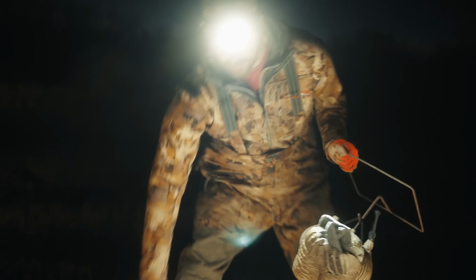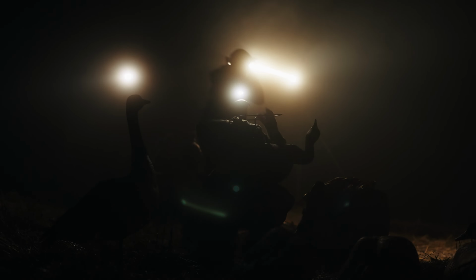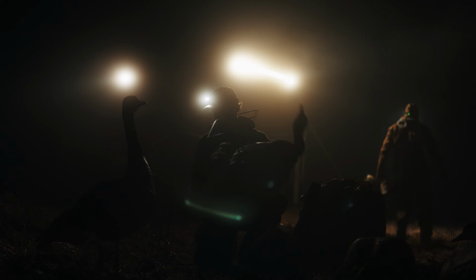Why did we switch to using Dave Smith Decoys? Well, at the end of the day, it wasn't my idea. The guides came to me at the end of the season, and at the end, we're always kind of like, hey, what worked, what didn't work for equipment, and what improvements can we make? And they suggested using Dave Smith Decoys. And at first I kind of laughed, and then I thought about it,